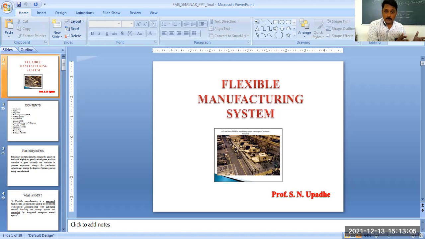Then there is a third type, which is called CNC machine, which is completely automated. Like whenever we put a component or raw material in the CNC machine, we get the final product without manual intervention. So these are the 3 types of machines. So NC is the second type of machine that we have discussed. So he developed this type of equipment and he patented this FMS in 1965.